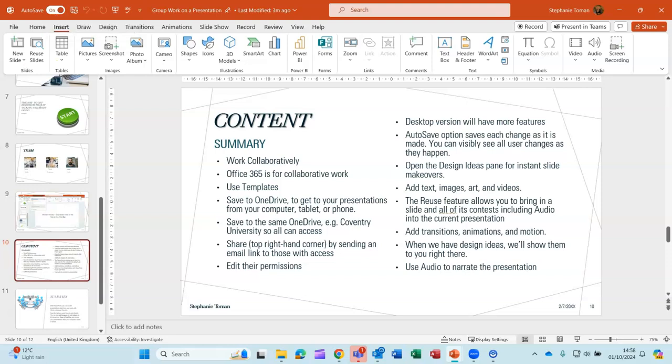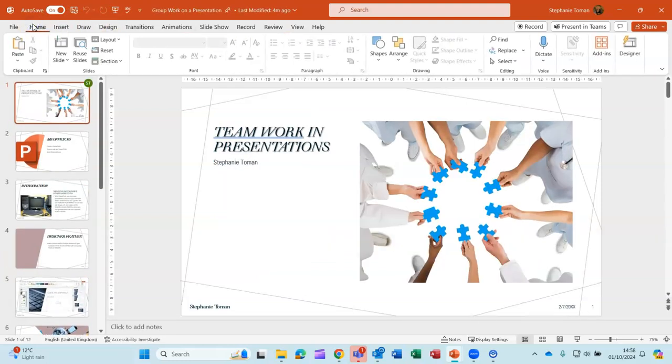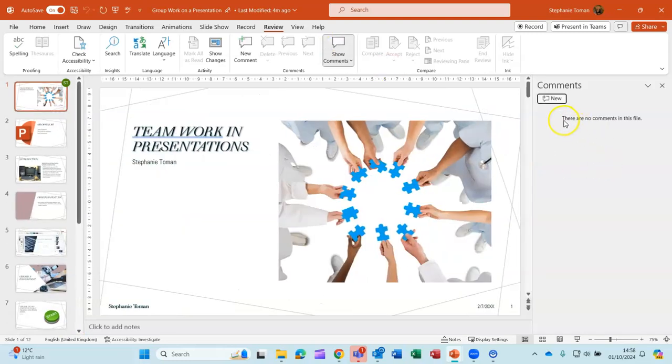And then there's all the little tips that we've had along the way, making sure that you all do your little bits that you want to do. If you go to the home area, you also have in the review, comments. So you can have your comments up, and that way you can talk to each other. So you can actually let each other know what you are doing and how it's affecting the PowerPoint. If it's something that you think everyone needs to be aware of, then you can do that and make sure that everybody